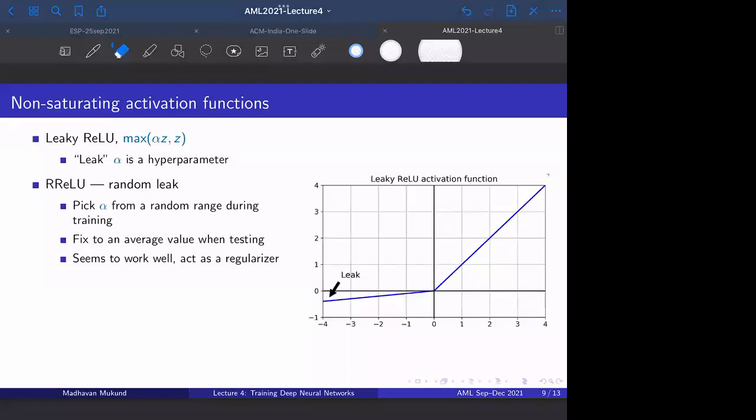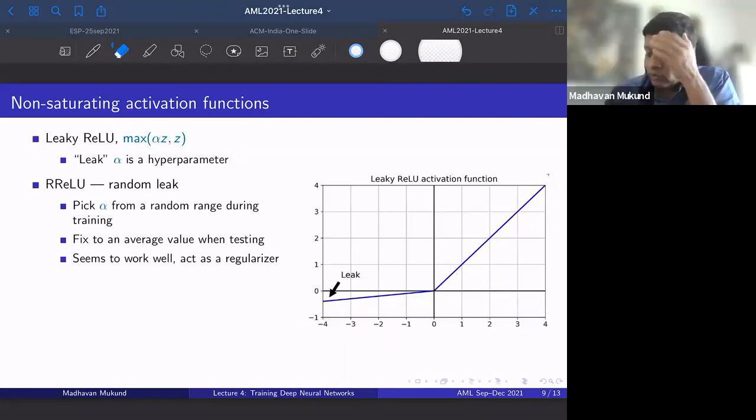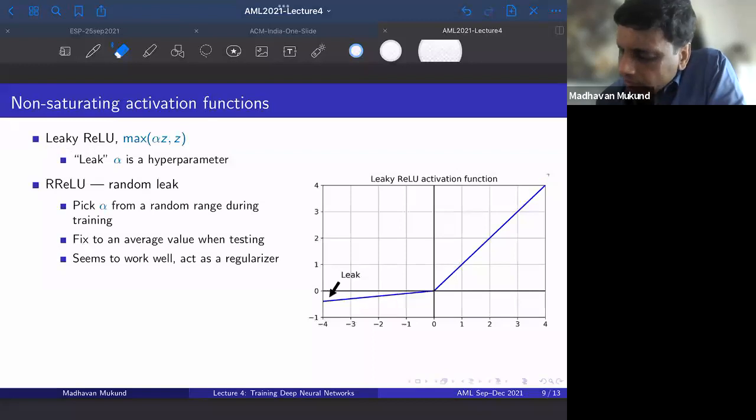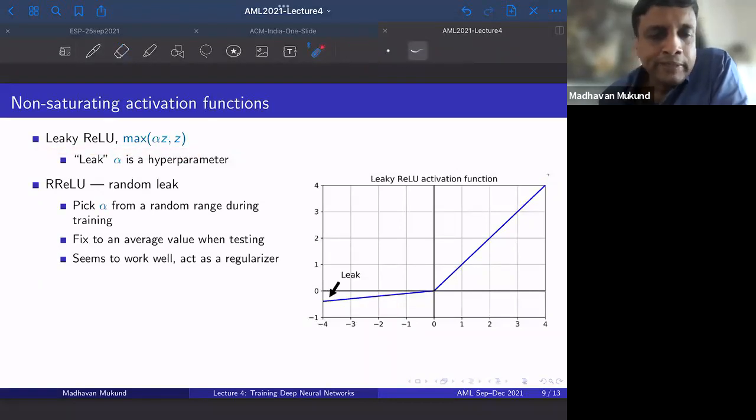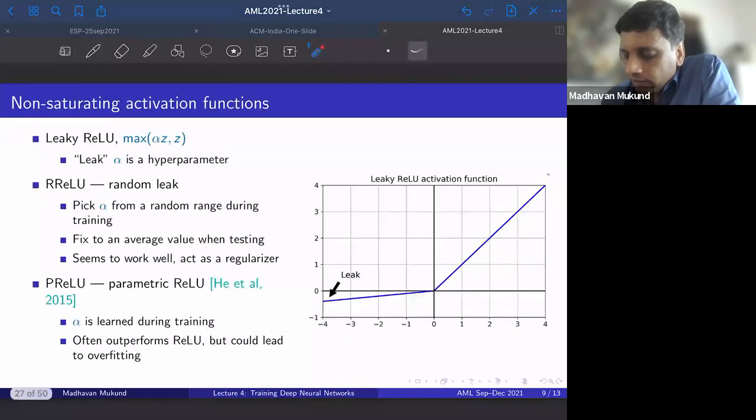Okay, fine. So now coming back to this ReLU world, what we said is you can first start with a leaky ReLU where you make this parameter an arbitrary hyperparameter that you search and fix, or you can have it varying in a range, and then in that range you use the average. And of course, the most extreme thing,